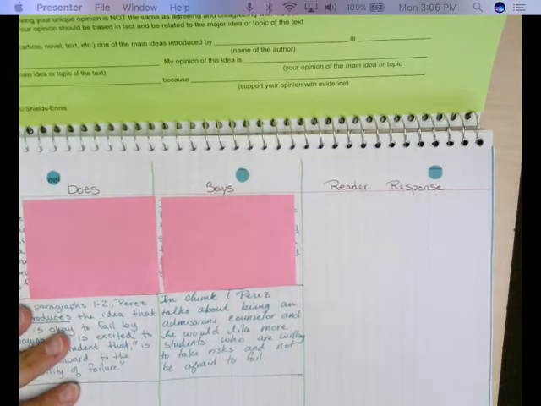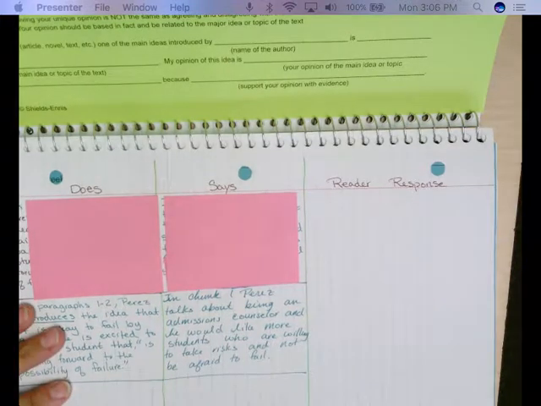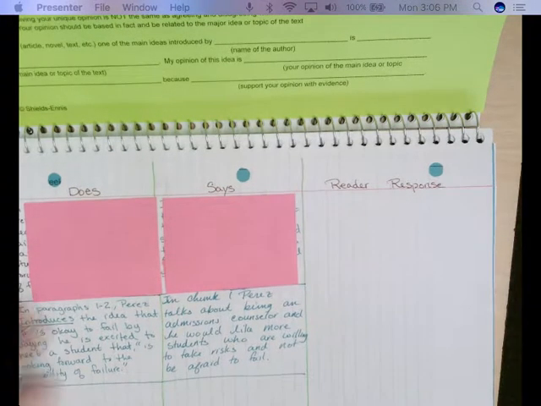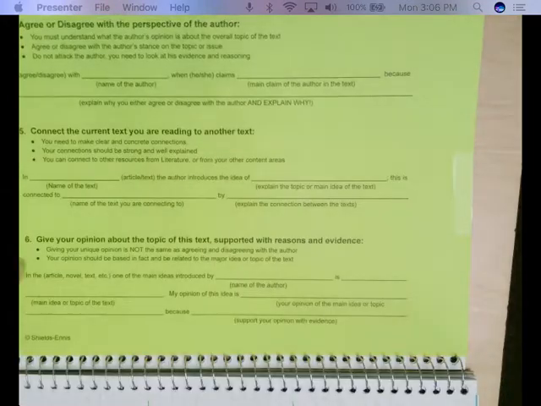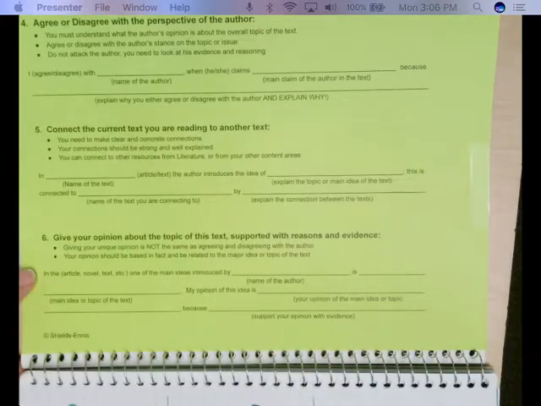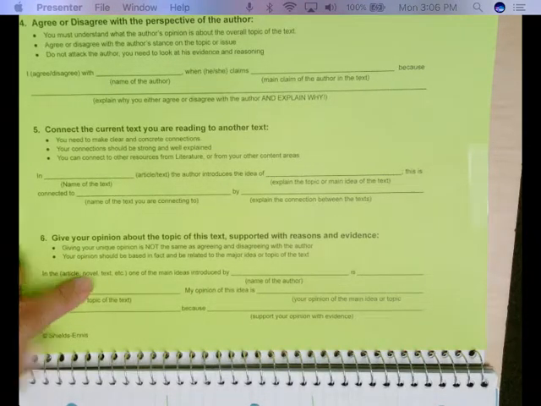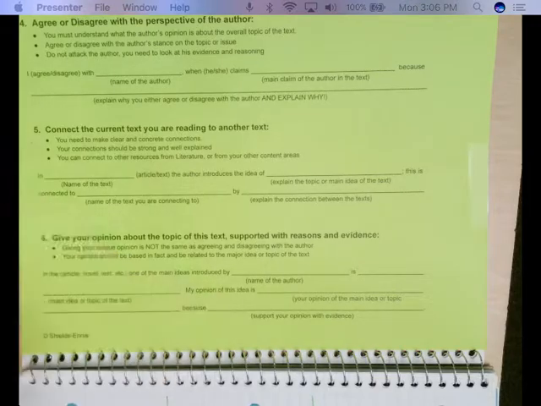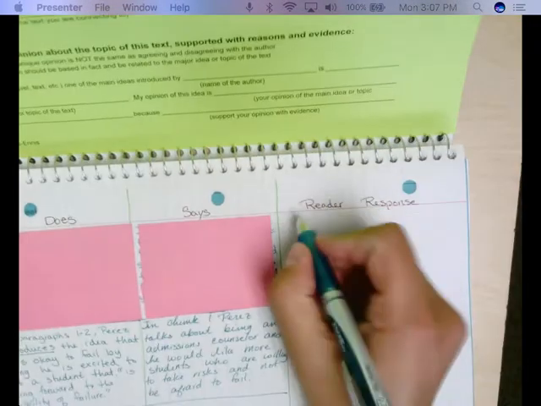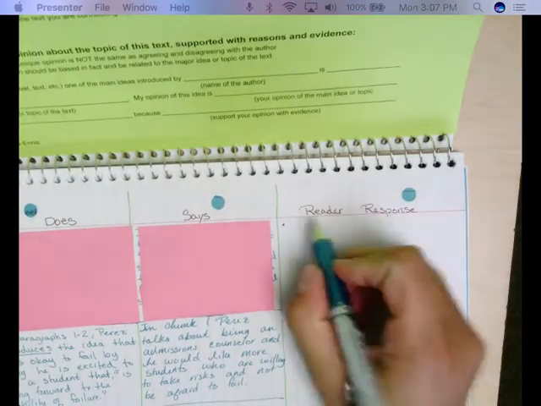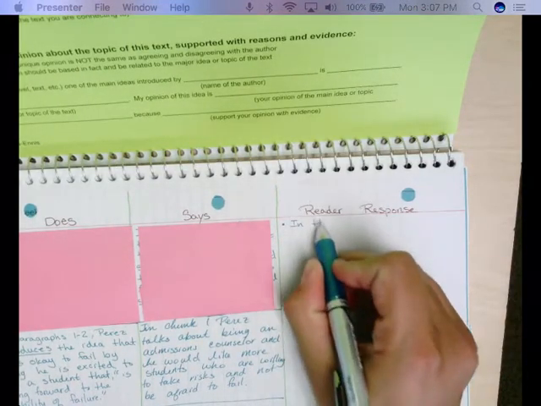I now need to respond to this. Please see this next piece as a way for you to respond to the text and get your own opinions out there. In this one, I am going to use number 6, because you should have an opinion about this idea that you should learn to fail, or that taking a risk is a good thing. So I'm going to start here. I'm going to say, "In the article, one of the main ideas introduced by," and then I'm going to give the name. You can copy this into yours because this will be your example. So, in the article,